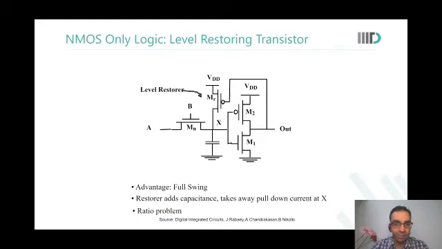Yes, sir. So now I will somehow decrease the size of MR. Yes. Now you want MR to be resistive. Just like in the ratioed logic, the PMOS had to be as small as possible so that you could take the output as close to 0 as possible, over here MR has to be as resistive as possible. It just is there to restore from Vx to VDD. That is the only purpose. So keep it as small as possible. Typically, this restorer device would be the smallest PMOS that you could design in a technology. Smallest, and that too with large length.